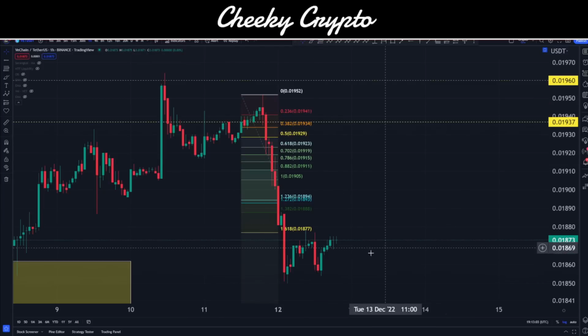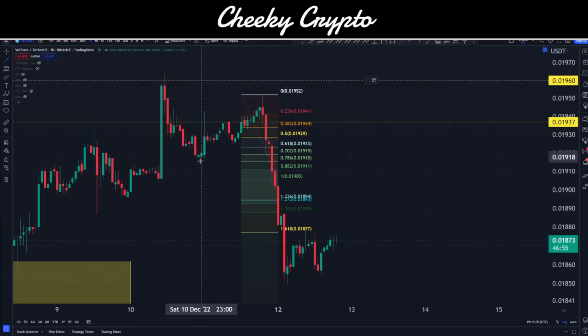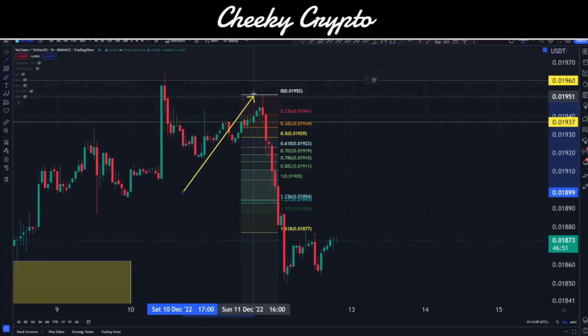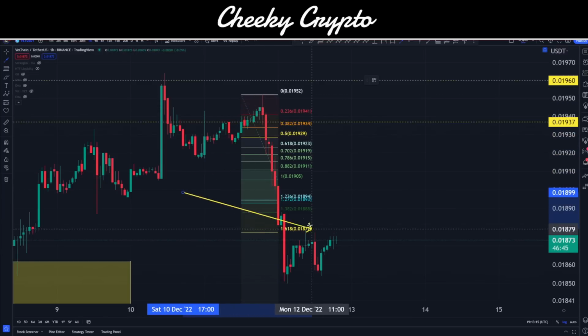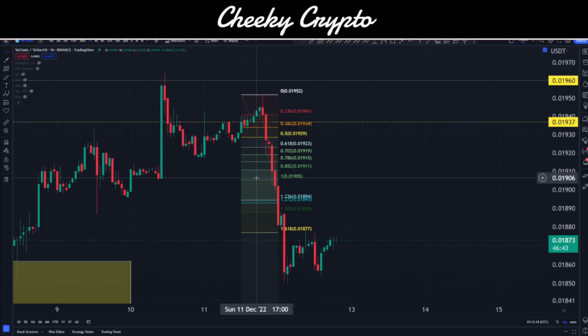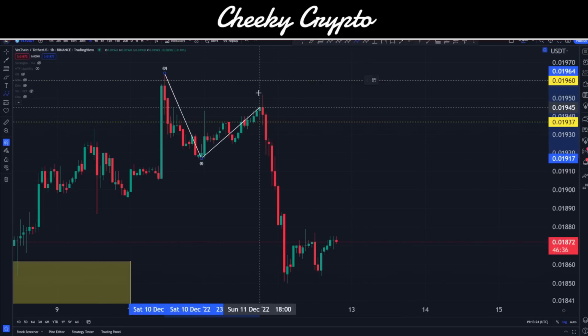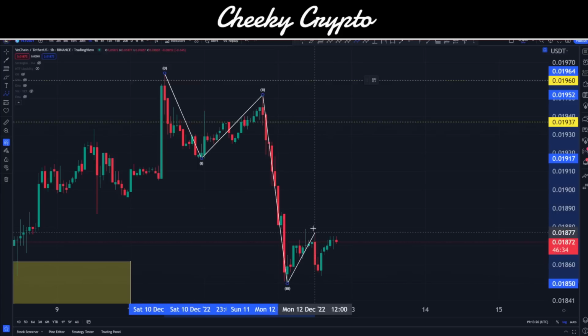Okay, so straight off the bat, the first thing I wanted to do was check the distance between this peak and this low point, moving the Fibonacci retracement tool over to this peak, and I wanted to see whether or not we had passed this 1.618, which we had. This is important because it means that we are in a 5-wave trend structure to the downside on this hourly chart. So if I draw this in, you can kind of see that we have this 5-wave move